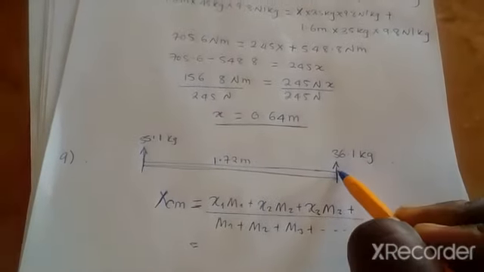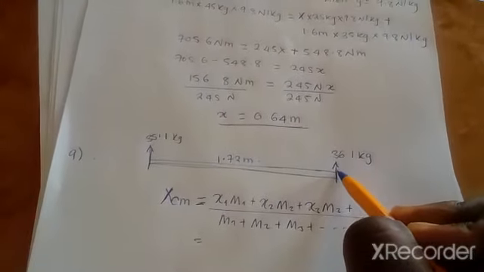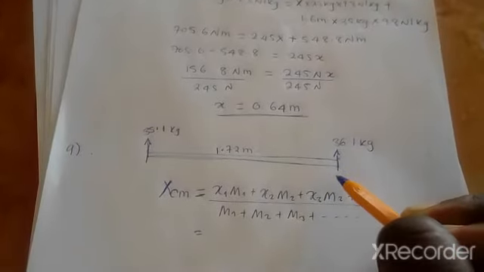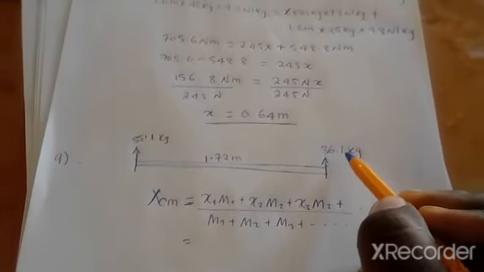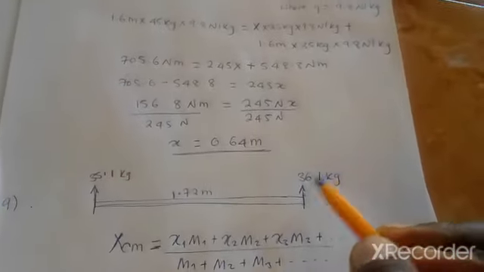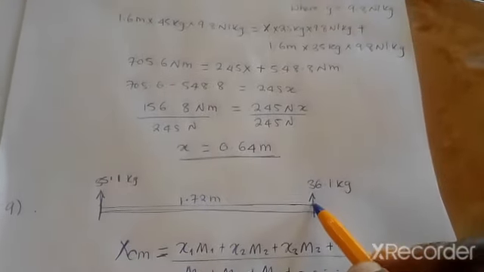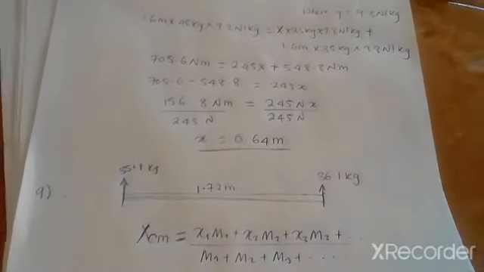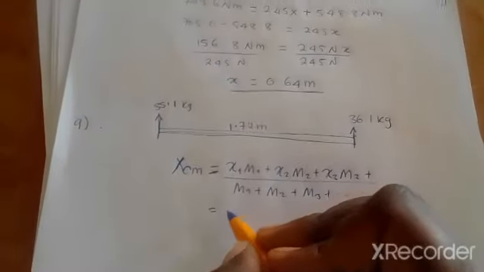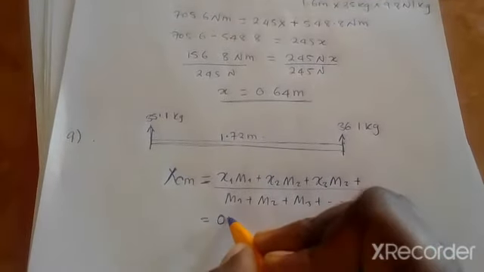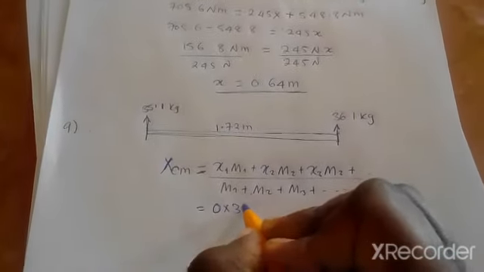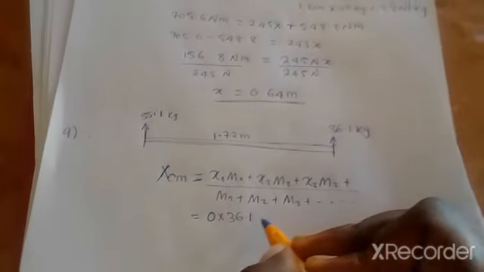Now the feet, which is our reference point, is also where the scale is placed. So that mass will be 36.1 kg. The distance, of course, will be 0 because this is the same position where we are starting from, meaning we've not moved any distance. So our distance will be 0, multiplied by the mass, which is 36.1 kg, plus